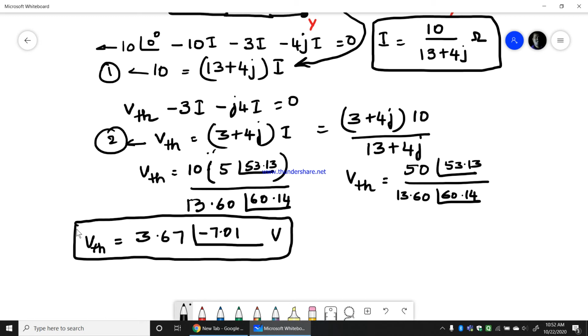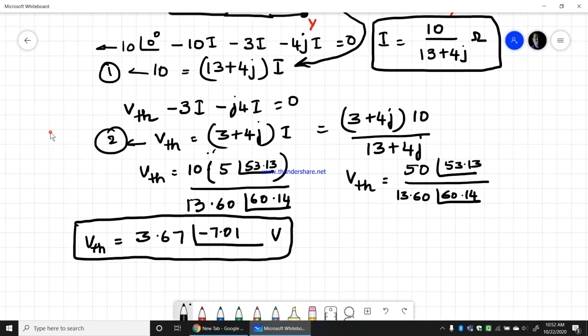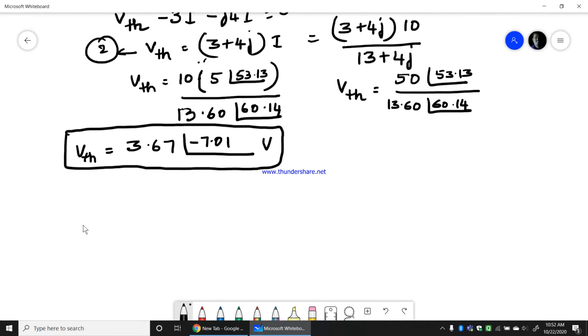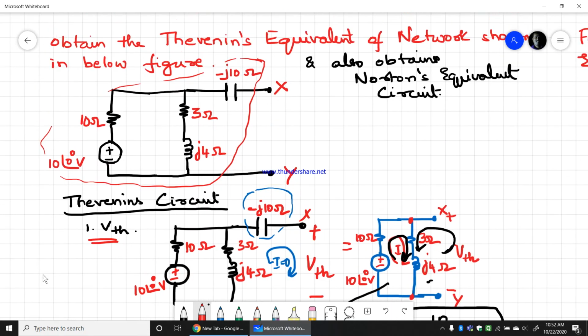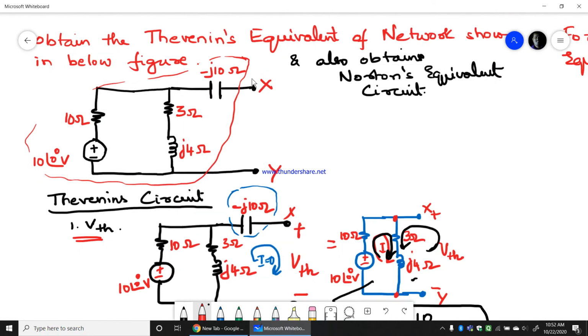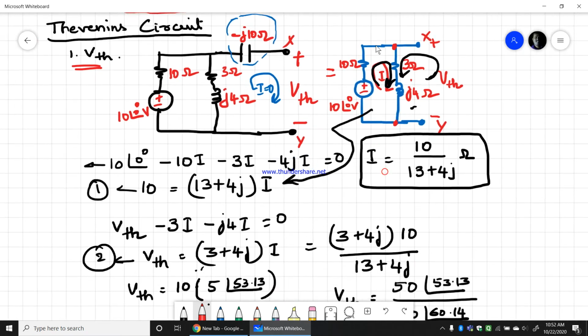So this is VTH, Thevenin's equivalent voltage value. The second step is I need to find out what is ZTH. In the first step we found VTH. Now the second step is ZTH. Again remove the load in the given network, short the voltage source and open the current source. So if I short that, what will I get here is